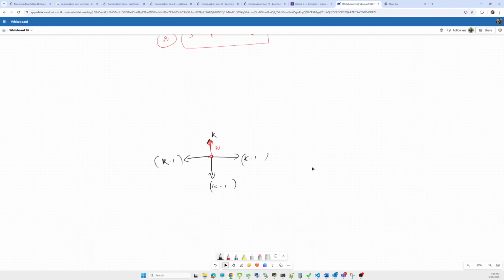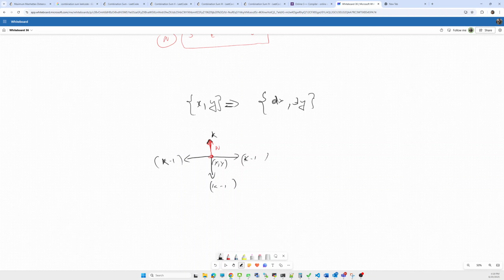But will this recursive solution solve the problem? No, because if the string is very large, we need to use memoization, kind of DP memoization. So for that we have to maintain, at each change, there is some point with coordinates x and y. Now whenever I move to the next state, my new coordinate will be x plus dx, y plus dy. There is a change in my x and y.